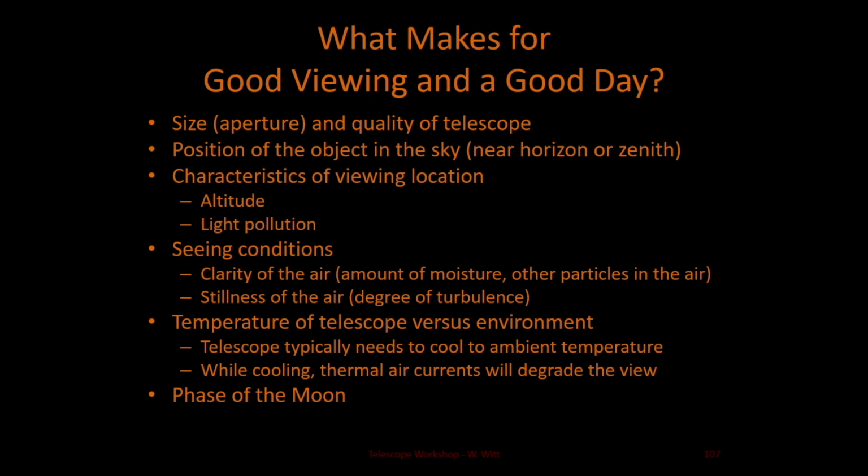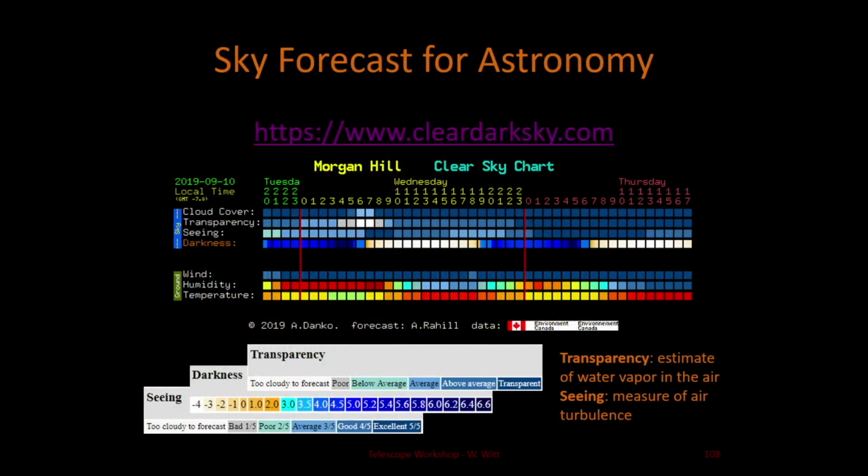All right, so we talked about all these different conditions. Before we actually head out to an observing site, we can also check what the viewing conditions are going to be based on the weather forecast. And we very frequently use a map like this to determine what the viewing conditions are going to be like. There's a URL there, cleardarksky.com. You can go there, put in your location where you want to find out how the viewing conditions are,